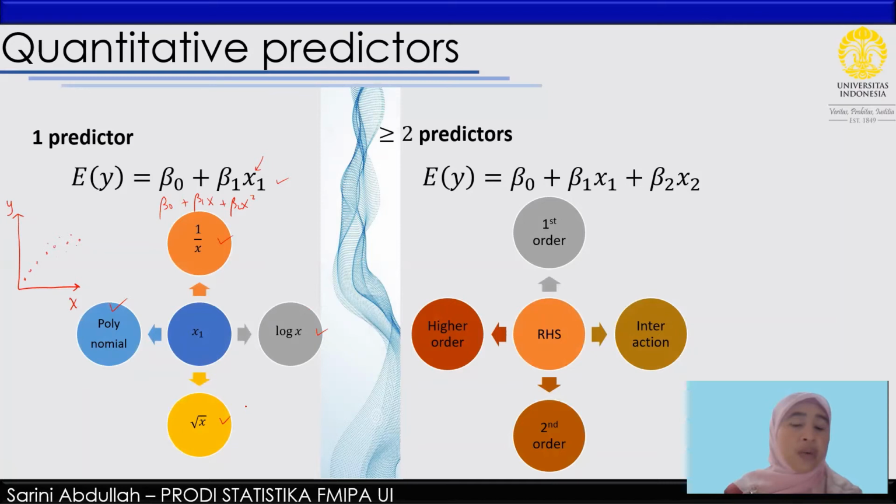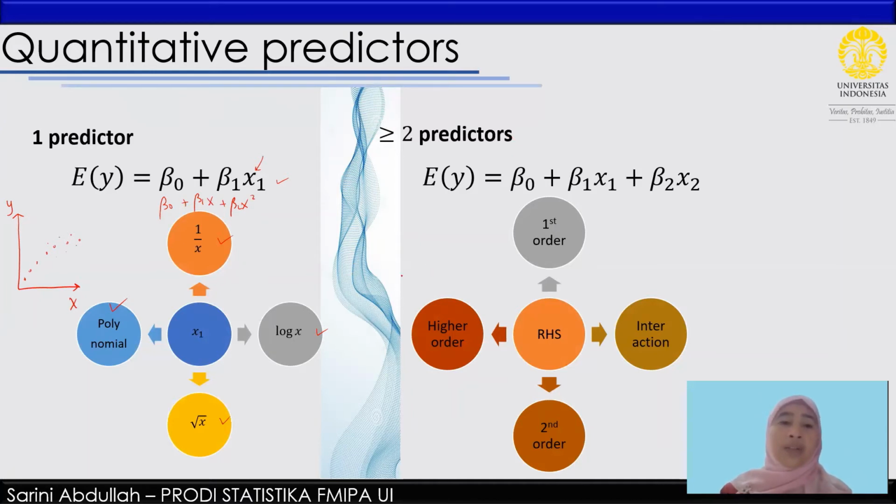You can choose a square root function or any other functions based on, again, the pattern that's given by visualization. That's what we can do for one predictor of quantitative data. Now, if we have two predictors or more,